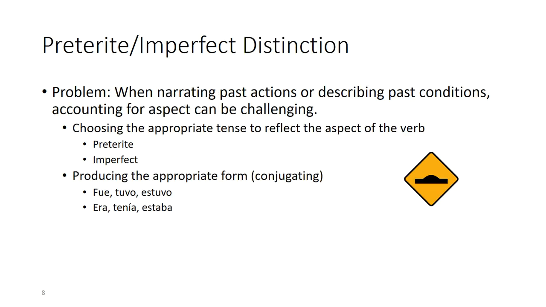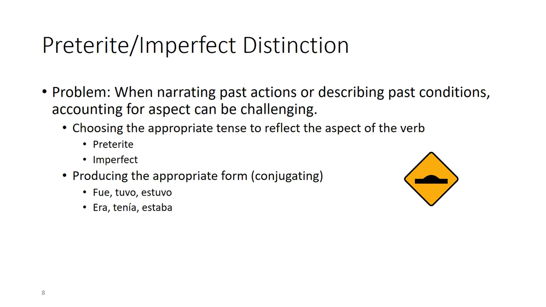Another structure that represents a speed bump, something that we need to be aware of as a difficulty, we need to pump the brakes, whether we're a language learner, a heritage speaker, or a native speaker, is expressing the past going from English to Spanish. Here's the problem. When narrating past actions or describing past conditions, accounting for aspect, should it be preterite, imperfect, can